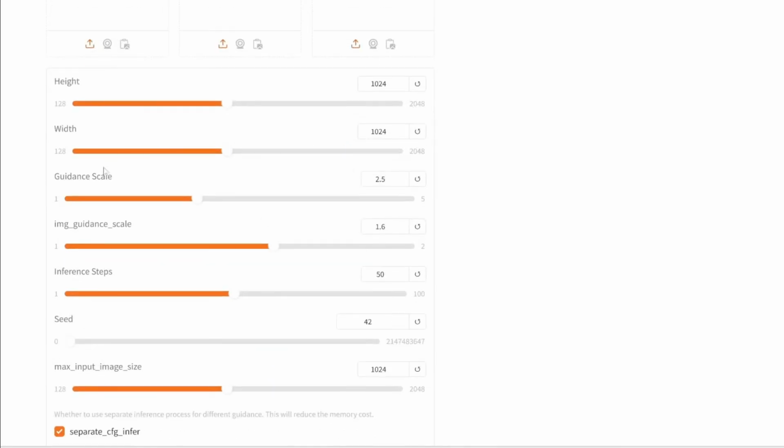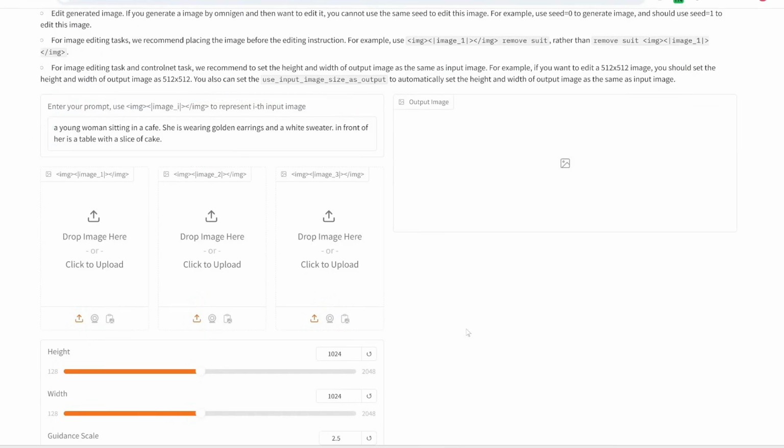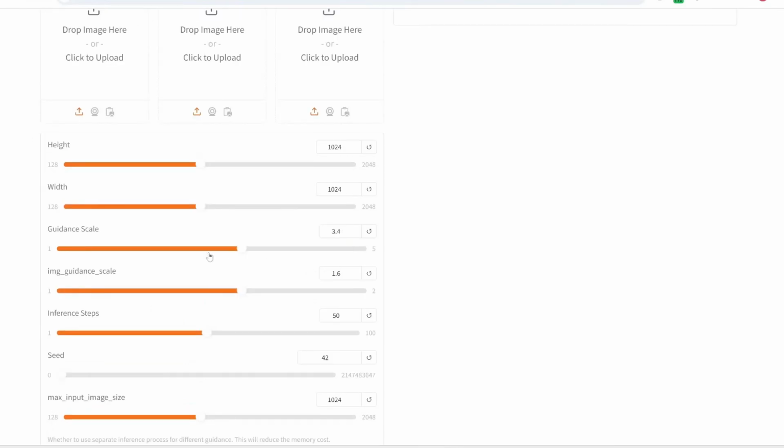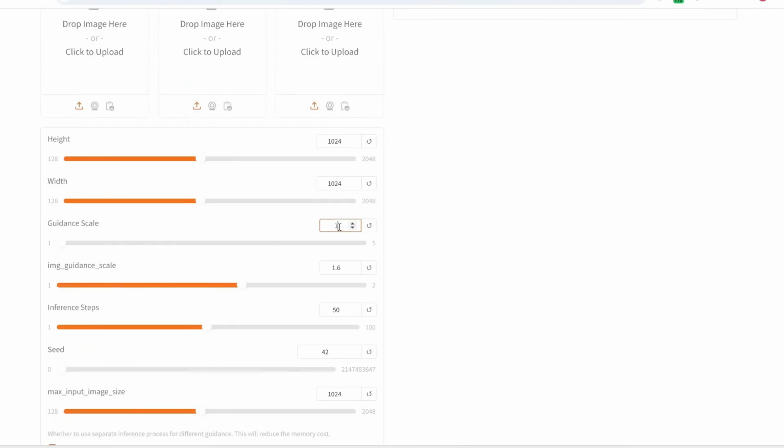So right now, the default is 2.5. If you drag this all the way to the right, then it's going to interpret this really literally. Whereas if you drag this all the way to the left, it's not really going to follow this as much and it might give you some random results, but this gives it room to be more creative. Anyways, I'm going to set this back at the default of 2.5, and then image guidance scale is how much